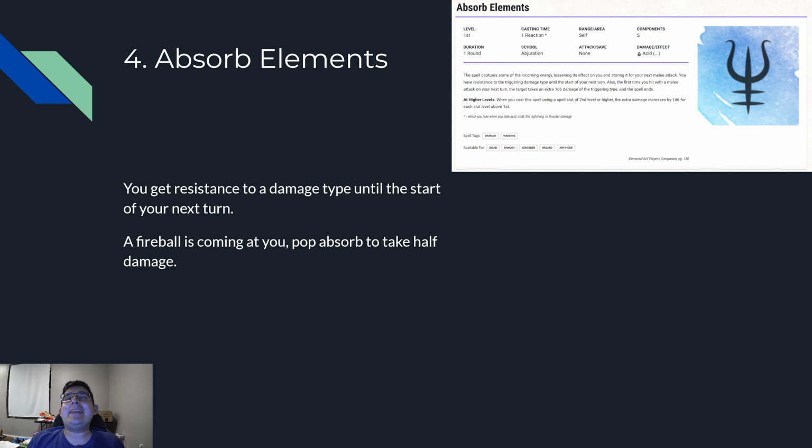I have not even used that once. Absorb Elements I've used, I can't even remember to roll the d6, but hey, you might have better memory than me. Anyway, so if you're going to eat a massive amount of damage, example, if Chain Lightning is coming at